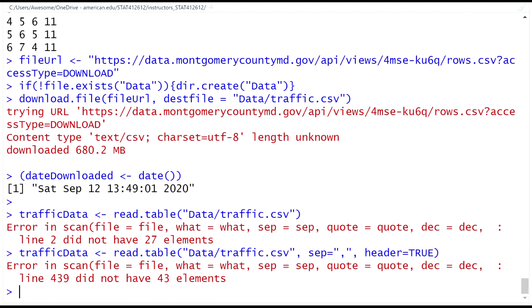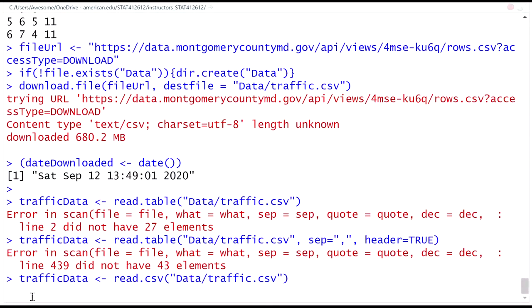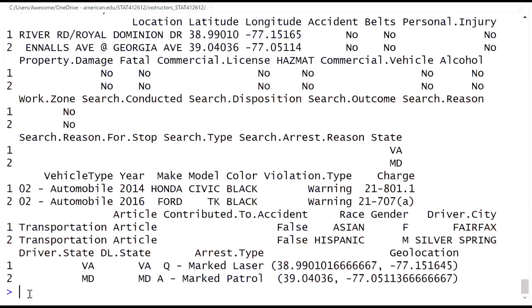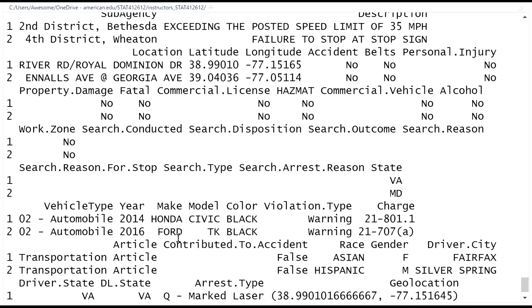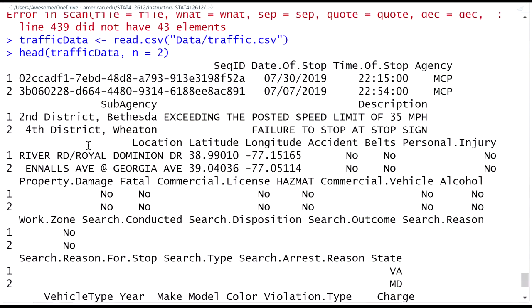I could also do read.csv, and some of you are used to using that if you've used R before. And then we could look at that and see what we've got once it reads it in. So I'm going to pause again while it's reading that in. Okay, finally finished reading that in, and let's see now if I can just look at the head of that data set. So I'm looking at just the top 2 rows of the data set,